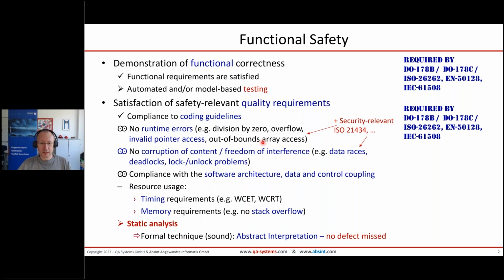What's also nice is that if you look at divisions by zero, buffer overflows, or data races, of course, they are safety defects, but they are also security relevant. So they're among the most common cybersecurity vulnerabilities. And if you look at the related cybersecurity norms like ISO 21434, then of course you have to demonstrate also the absence of such vulnerabilities, which means if you have some way to deal with these defects from a safety perspective, at the same time, you're covering also cybersecurity goals, and you're covering both workflows, safety and the cybersecurity flow, in one step.